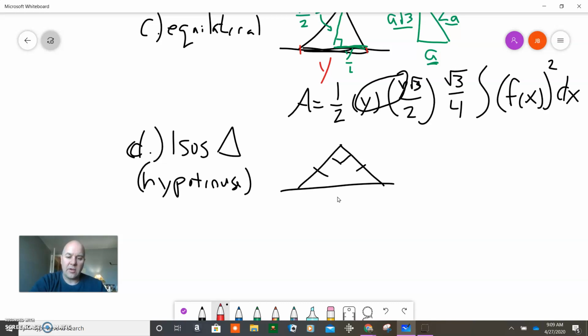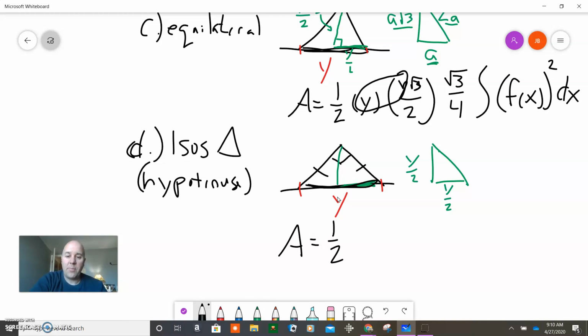This length down here, from here to here, is y. If I measure straight down from here, well, I just made another 45-45 triangle. And again, what you should know about this is that it's going to be y over 2, because it's only half that distance. That means this side is y over 2. So if I was trying to find the area of a triangle, I would take half of the base, which is y, times the height, which is this, y over 2, so the integral is going to be